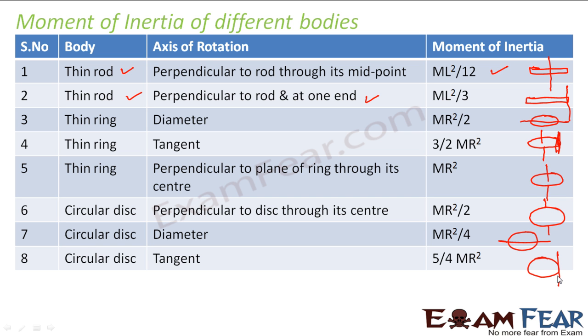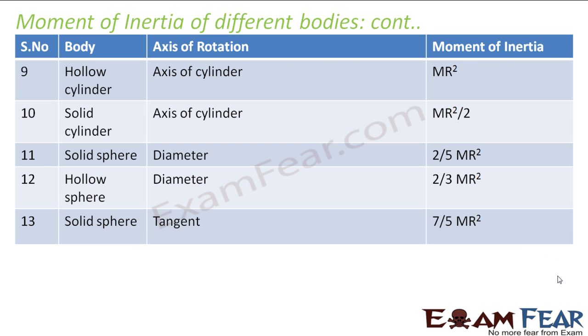So now you know how to find it for different axes of rotation. As you keep changing the axis, you keep applying the theorem of parallel and perpendicular axis, and thus you are able to calculate the moment of inertia. I will not get into the detail of each of these, but you can just look at it for yourself, and it will be better if you remember these values of moment of inertia, because every time it is not very easy to derive the entire thing and then arrive at the result. So if you remember these values of moment of inertia for different objects, then sometimes it becomes handy and it helps you to solve numericals quicker.